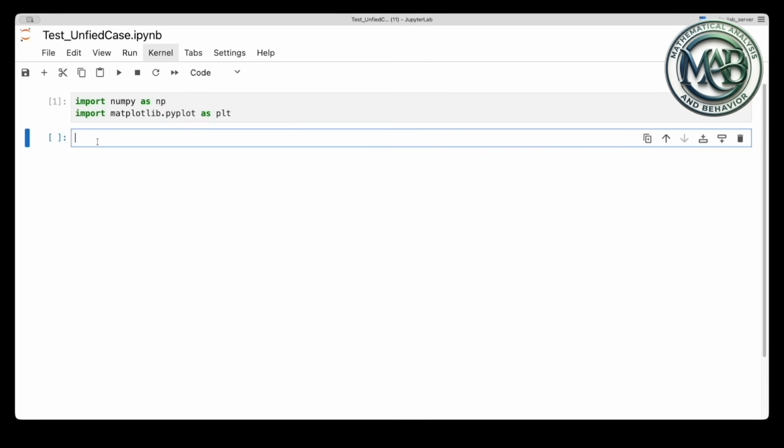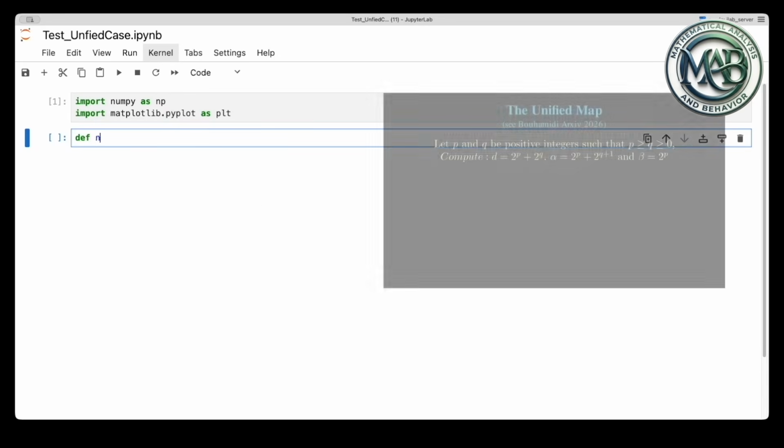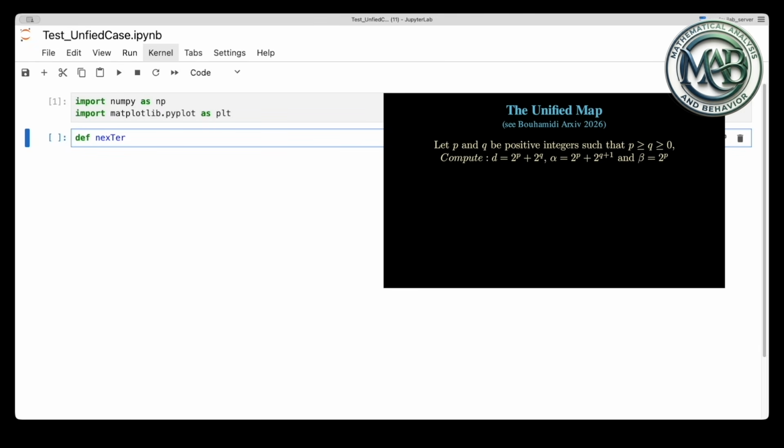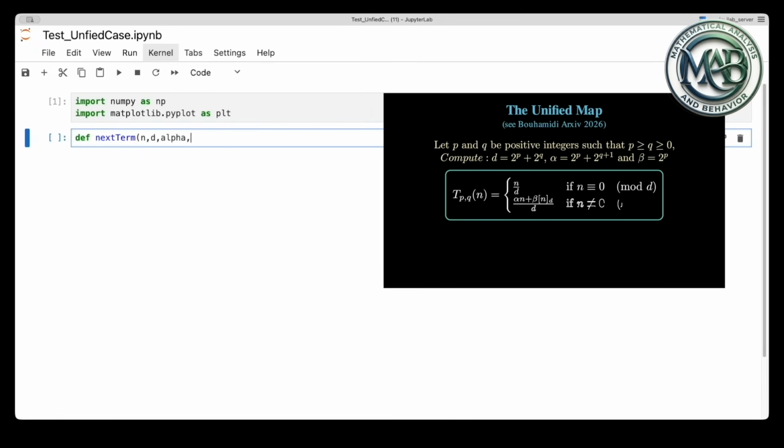As in the previous part, let us now examine a simple Python script. We will write this code to compute the trajectory of a given integer n for different values of the parameters p and q. This script will be slightly different from the previous one, though we follow the same directives.